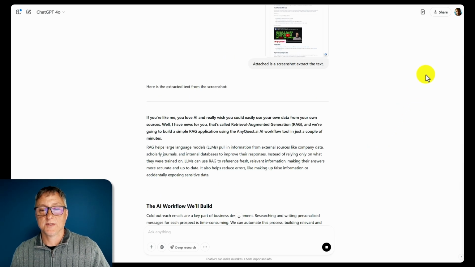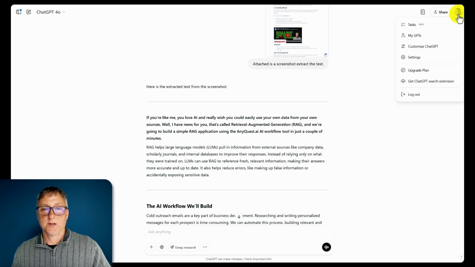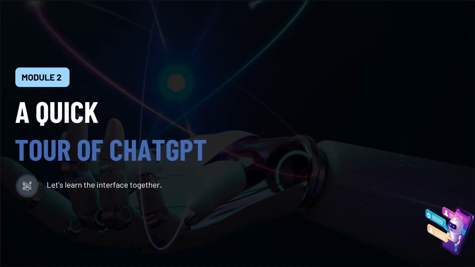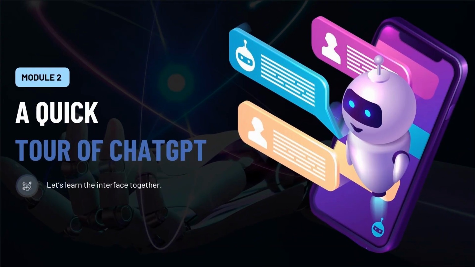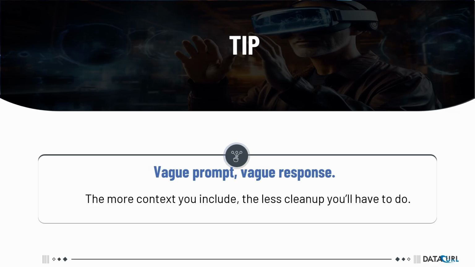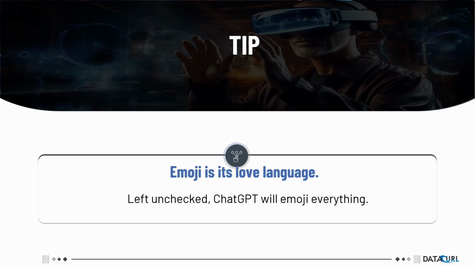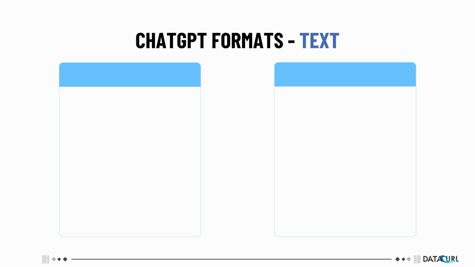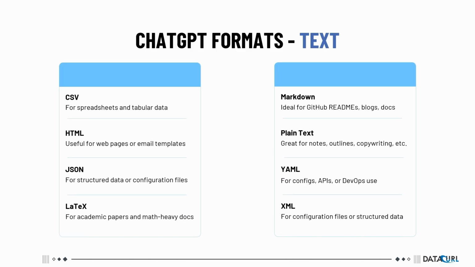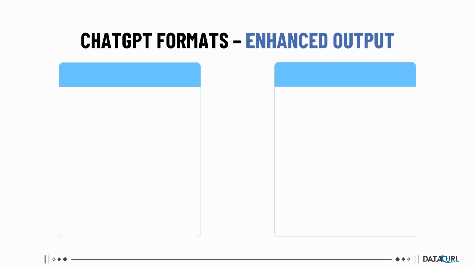Now, a few more menu options. Up here in the top right is the main menu. There's a few things here worth noting. Tasks are a way you can ask ChatGPT to do things in the future. It's currently in beta, but if you have something you want to schedule, say you want to have it do a search every Monday and give you the latest news about ChatGPT, it'd be very easy to do that. My GPTs is where you can create your own GPT. We're going to do this in a later step. To do this, you're going to need the Plus account at a minimum.